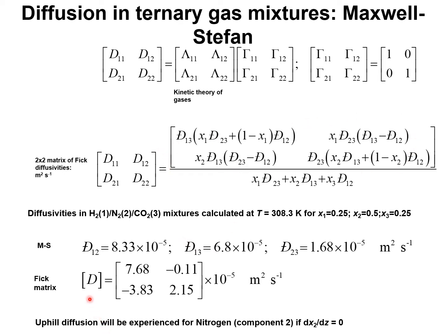Using this expression, we can calculate the matrix of the Fick diffusivities as follows. It's interesting to note that the cross coefficient here, D21, is minus 3.83, whereas the diagonal element here, D22, is 2.15. This implies that if we have a situation in which the gradient of the mole fraction of component 2 is 0, and component 2 is nitrogen, then the flux of nitrogen J2 will not be 0, because it will be dictated by D21 times dx1/dz, and D21 is large and negative, and therefore we should experience uphill diffusion